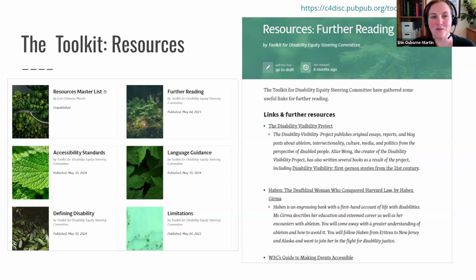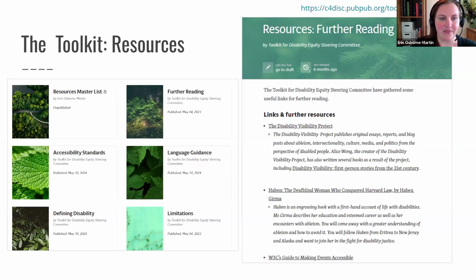This section that I'm focusing on here is the resources section. We've organized this primarily around resources, which are trusted, vetted, existing resources that we didn't create ourselves, but the steering committee and our volunteers have looked through, and we have found them to be helpful and valuable sources of information. It's really just collecting information together for people who are trying to find their way around learning about disability, and particularly, as Karen said, disabled people who are trying to learn more about how they can advocate for themselves or how they can advance themselves within the publishing industry.